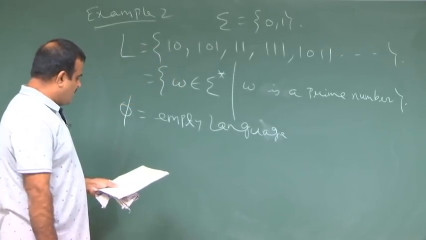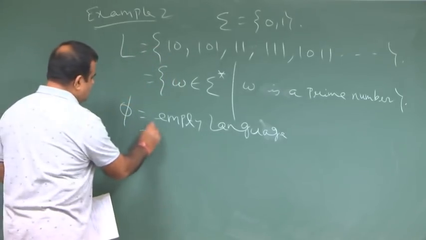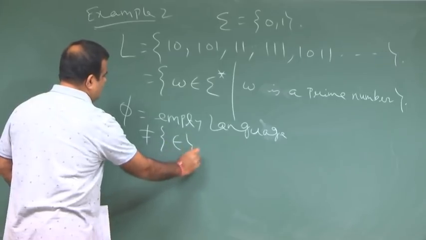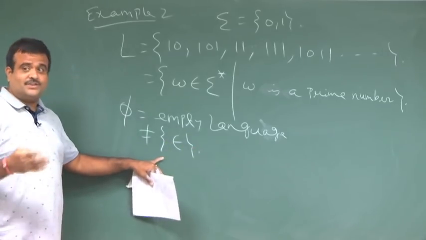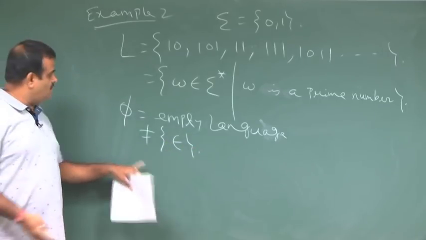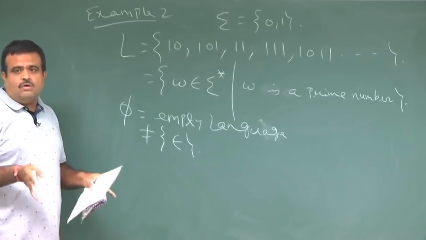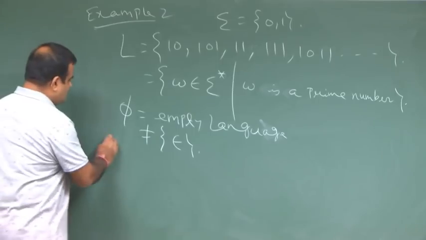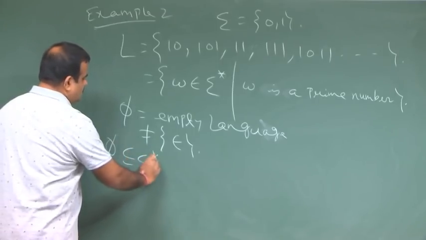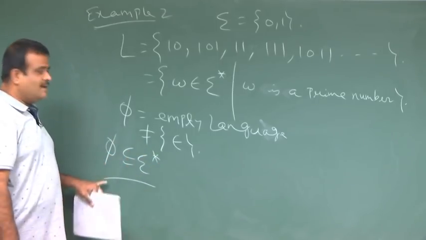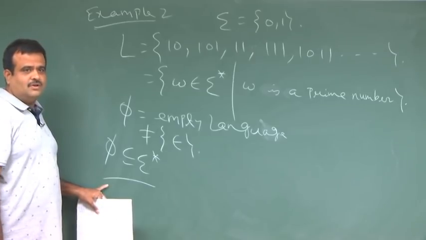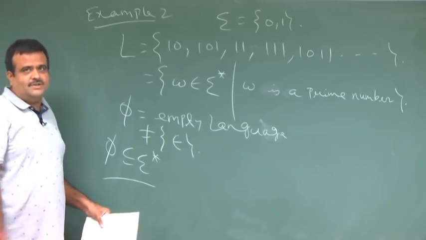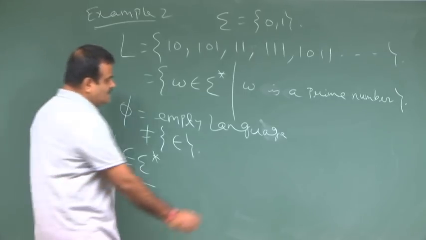Empty language, but phi is not the same as epsilon. Epsilon is a language of length 0, but phi means no input is there, it is an empty language, because phi is also a subset of sigma star. Any subset of sigma star is a language. So, phi is also a language. Phi is a language means empty language, but if we say L is equal to